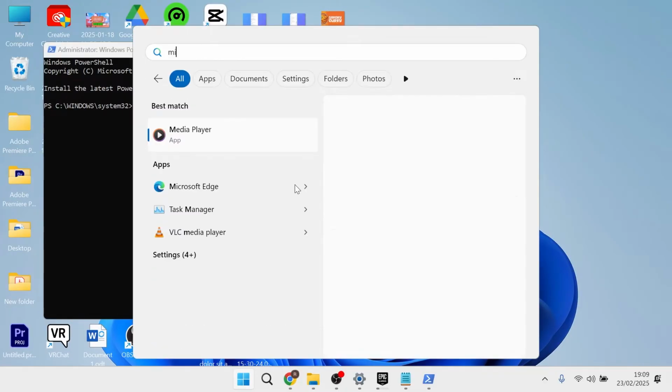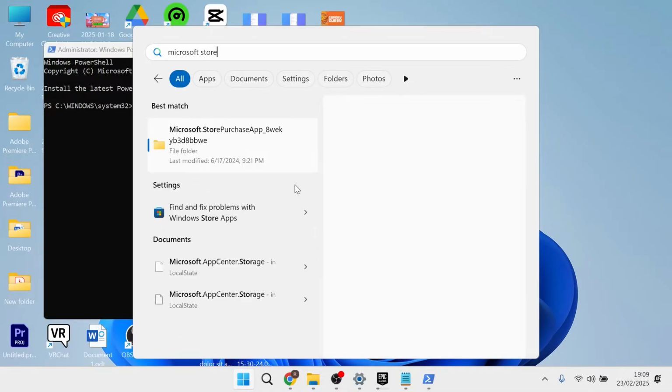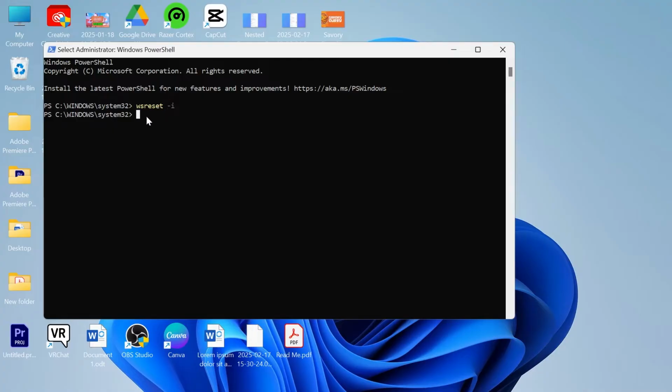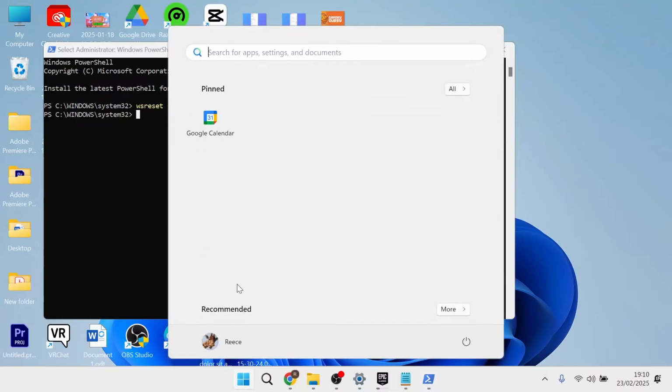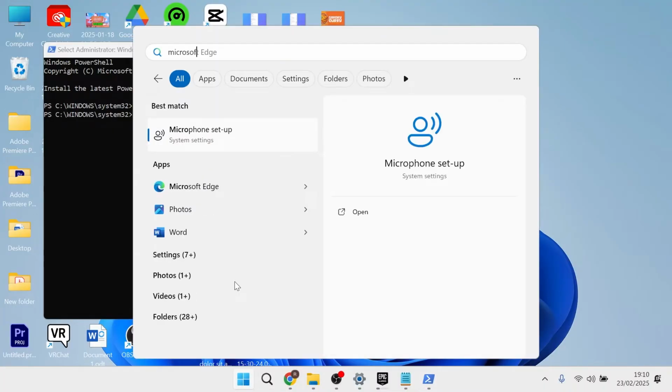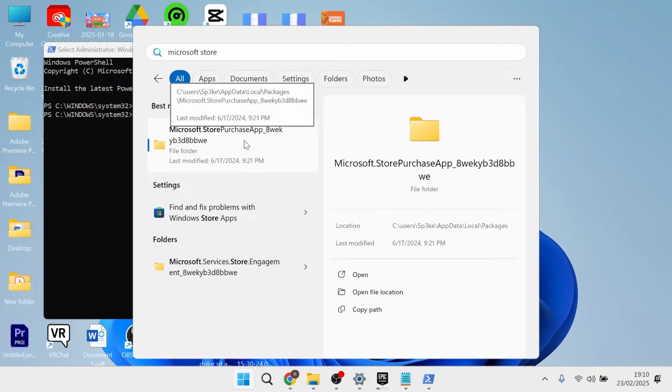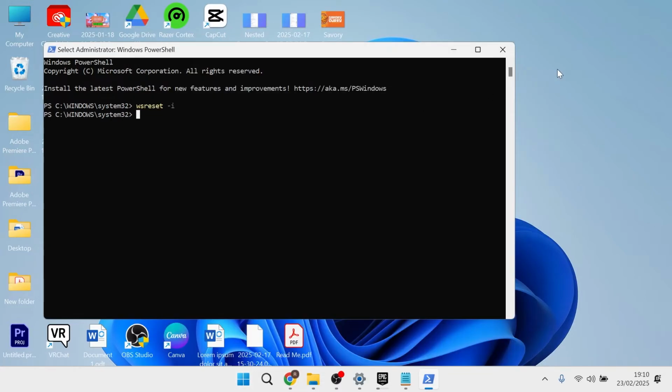So if I come over to my Start menu now and search for Microsoft Store, I still won't be able to find anything. But after you've waited about 2 to 3 minutes, you can then come back over to your Start menu and just search for Microsoft Store, and you can check to see if it's been reinstalled to your system. Now if it's not working, like it's not working for me, then we can just close out of this